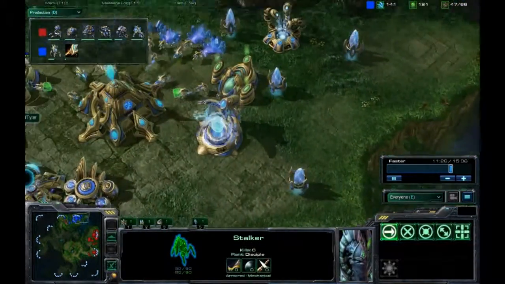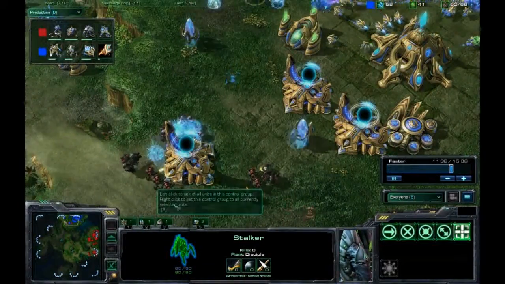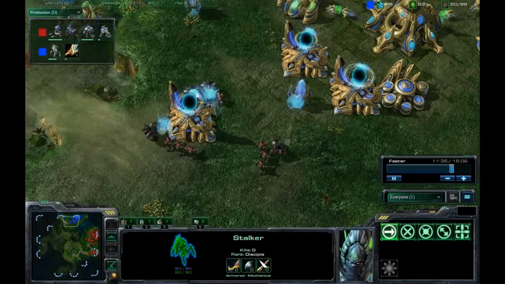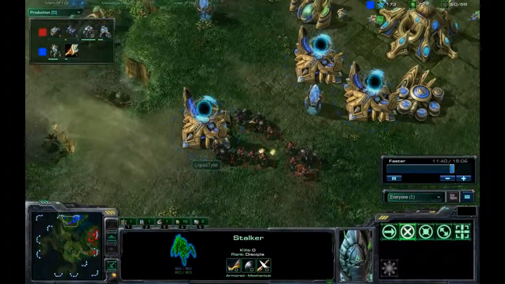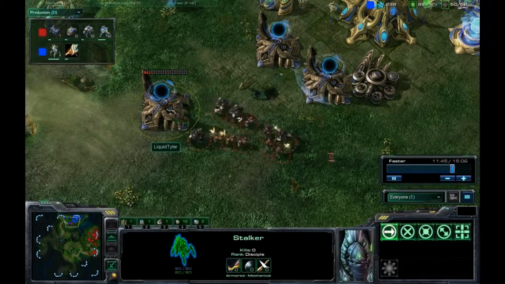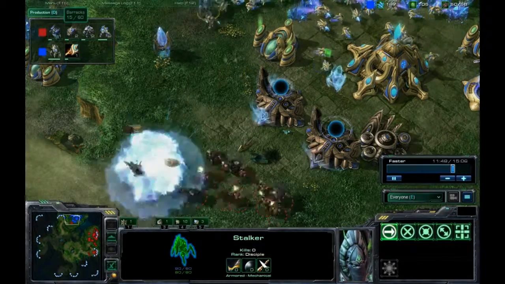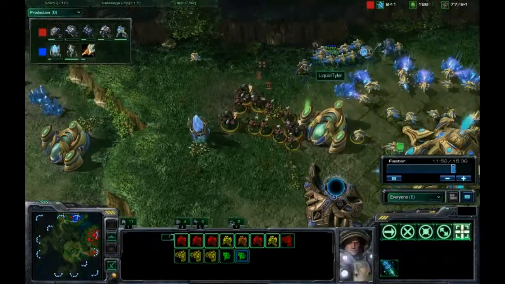Liquid.Tylor might be in trouble right now, but that second Colossus needs to get out as fast as possible as he needs a chrono boost. He is chrono boosting it out, and he also has extended thermal lance researching as well. And we did see some more Stalkers and a Zealot get warped in here. Wow, I have a frame rate spike there for a second for some odd reason. Another barracks is on the way here for Select as he is pushing out and into the base of